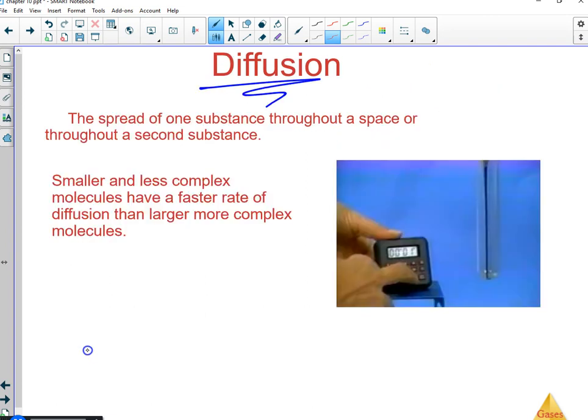Diffusion is when gases spread out to fill their containers. All right, and the same rules apply. Smaller and less complex molecules have a faster rate of diffusion than larger, more complex molecules as well. Okay, now there's not a test question on that, but effusion and diffusion are different things, but the same rules govern their behavior. Okay, next,